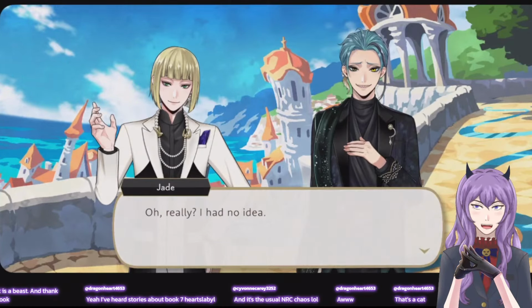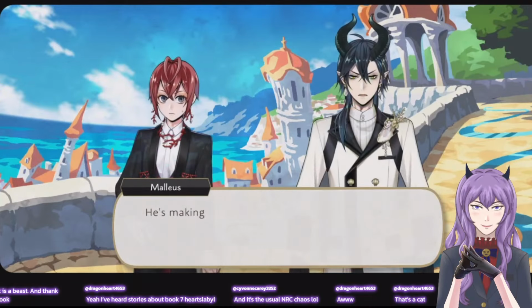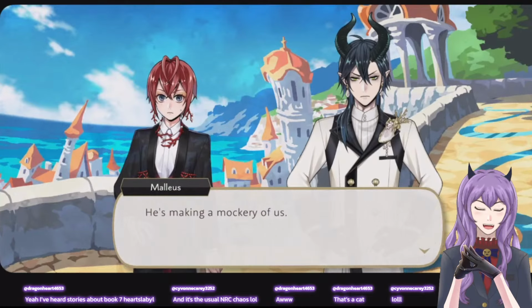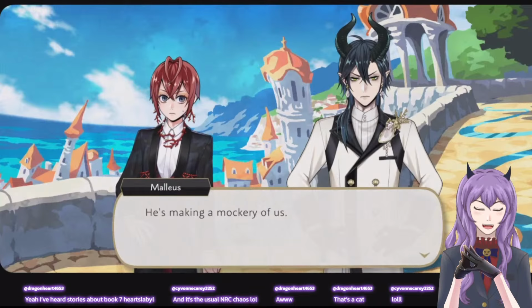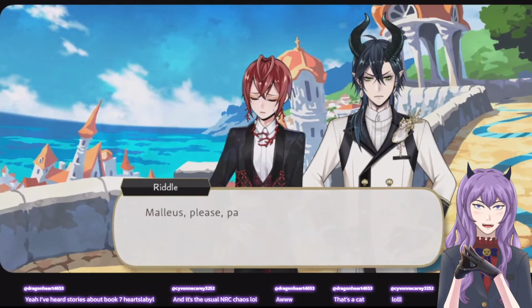Is he purposely telling us it's a dog? If it has 4 legs, it has fur, it has ears, that makes it a dog, right? He's making a mockery of us. He's just joshing around.